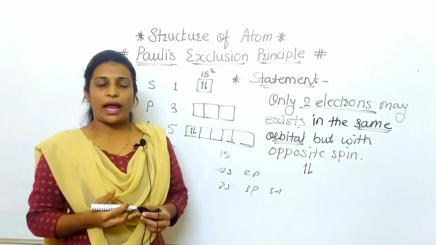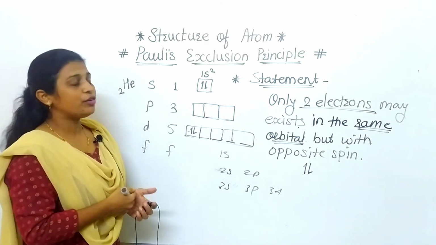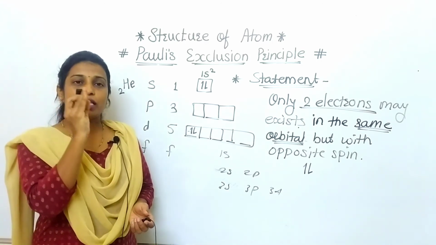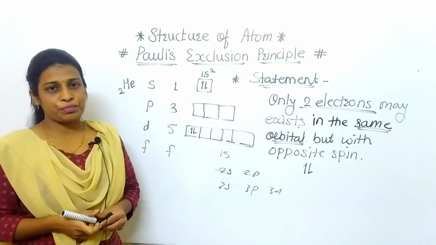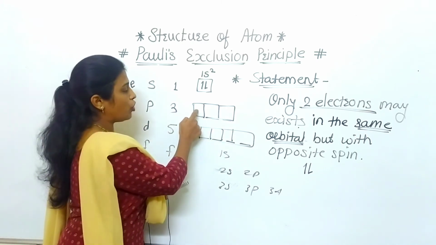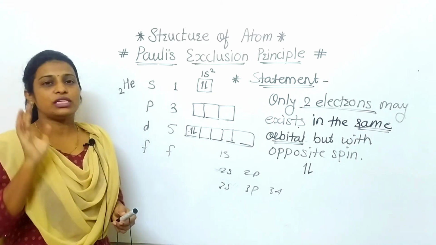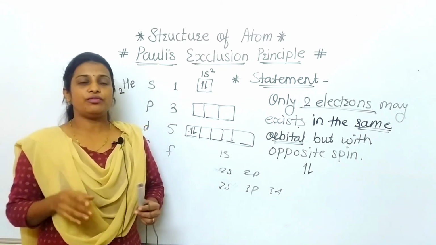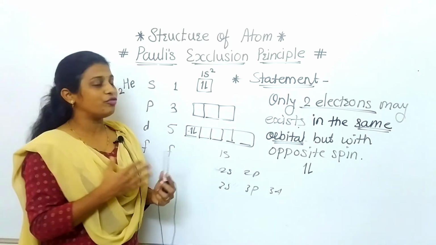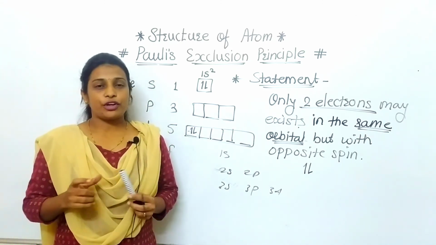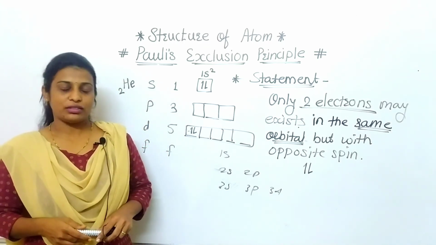That diagram is included. And according to Hund's rule, as we have discussed, when we are filling the electrons, each orbital should first carry a single electron. This is the Pauli's exclusion principle: each orbital should carry only 2 electrons, and they should have opposite spin, one with the upward and the second one with the downward direction. In this way we have completed that part which is important for writing the electronic configuration. In the next class we will discuss the electronic configuration. Thank you all of you.